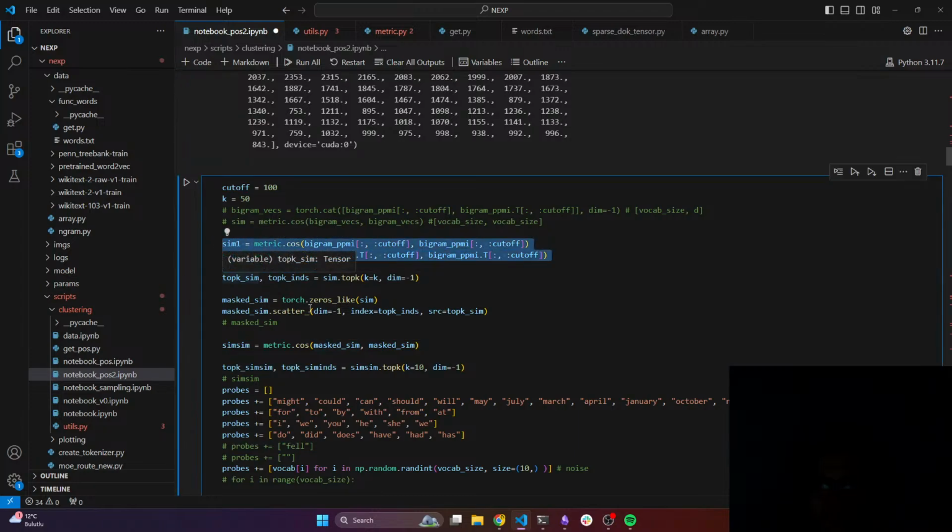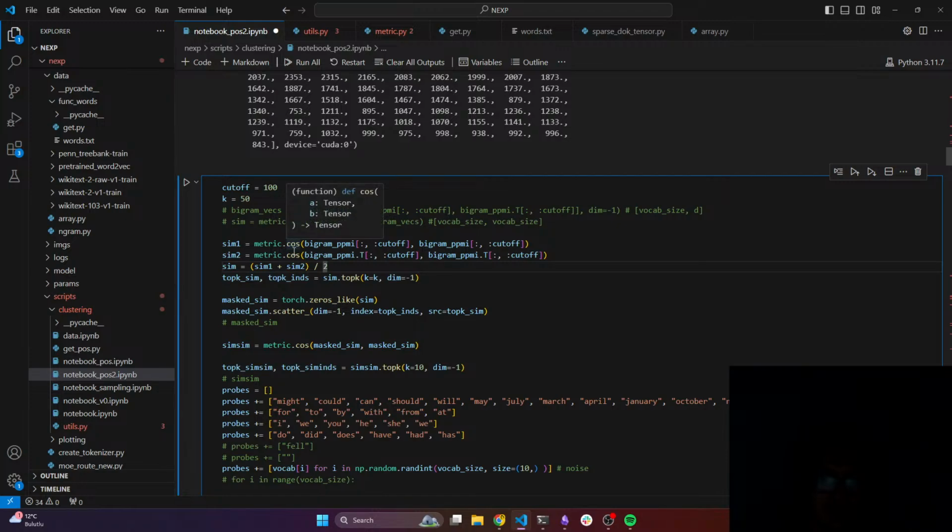Now my similarity calculation is a little bit different because I consider the left context and the right context differently for each word when I am computing the similarity. Instead of concatenating the two vectors, I first compute the similarity individually and then I average them, and I found that this is better than concatenating the representation.